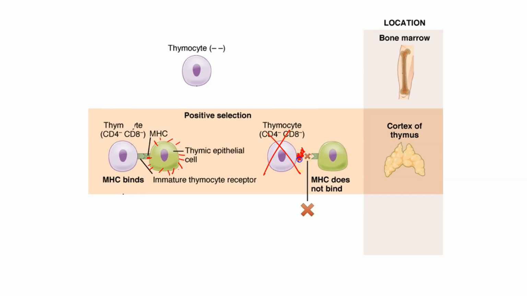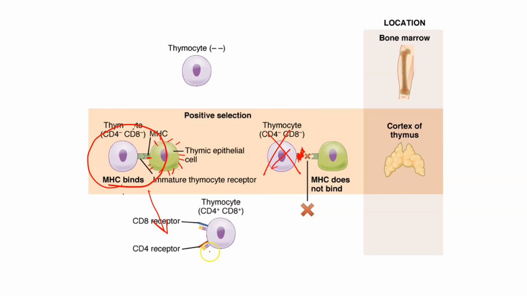So we want to get rid of any of these thymocytes that don't really have a good T cell receptor. So only those thymocytes that have a working receptor that can attach to MHC are positively selected, and then they will travel to, they'll stay in the cortex of the thymus, but at this point they will develop a CD8 receptor and a